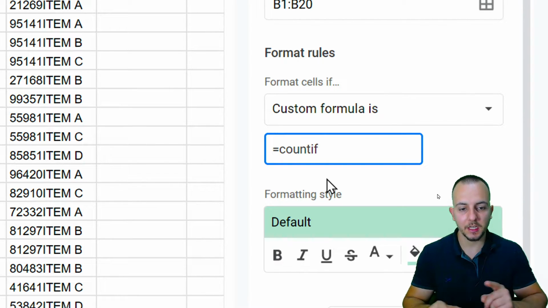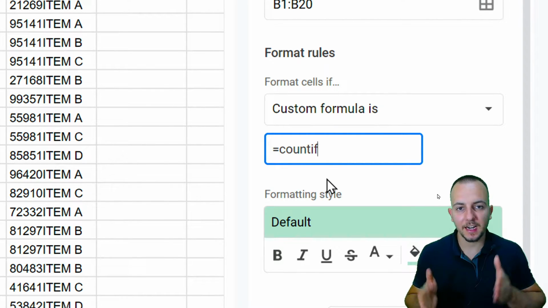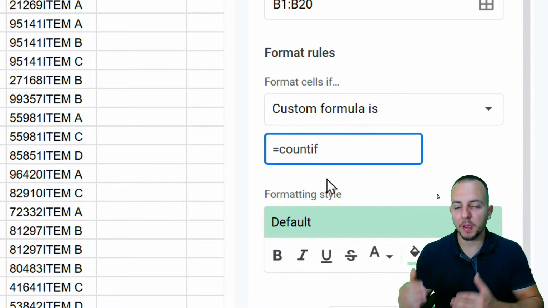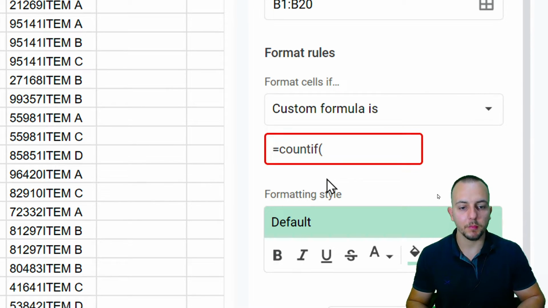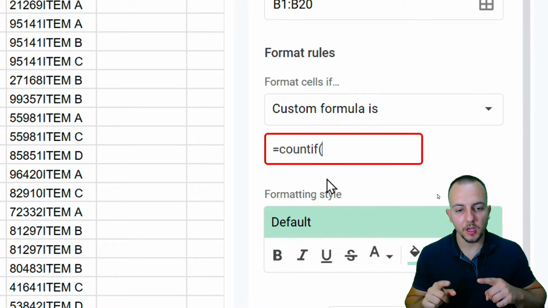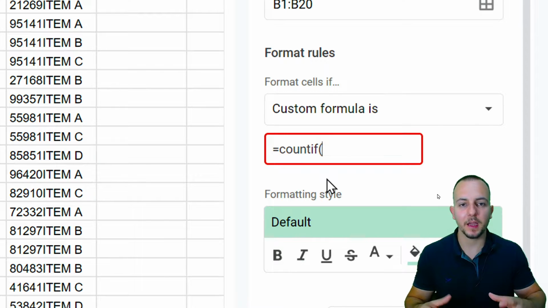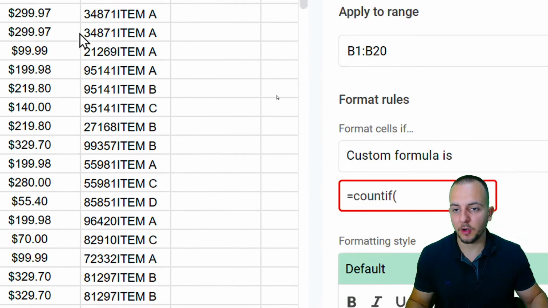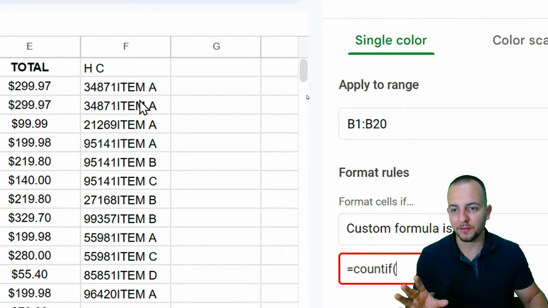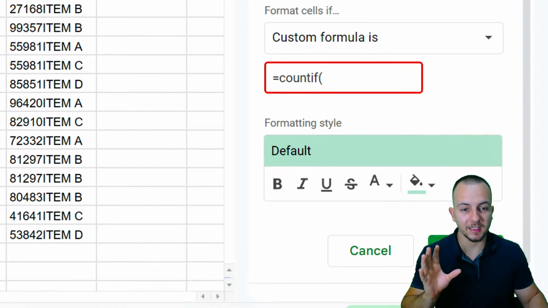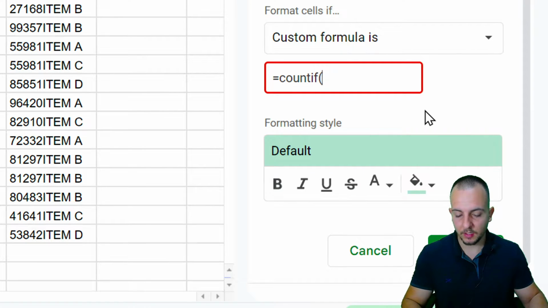CountIF function, because the CountIF function can count the repetitive values whenever they appear. So open parentheses, and the range that I'm gonna use to count all the repetitive values is gonna be our helper column. And as we saw, the helper column here is in the column F, but I'm gonna need to select the entire column F, and to do it, F to F, column F, comma, and